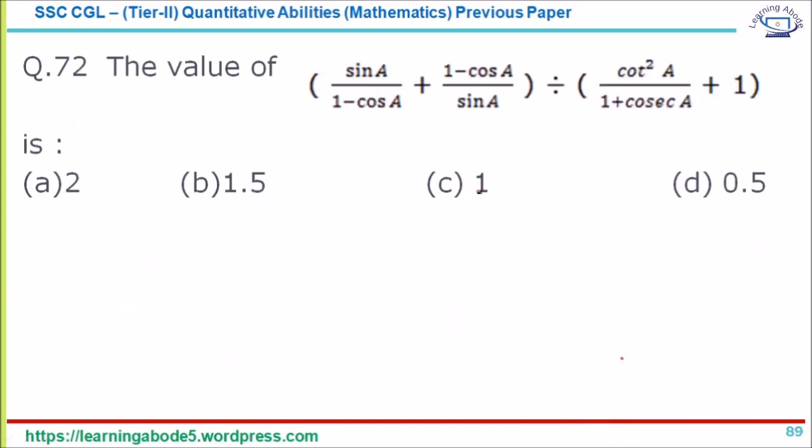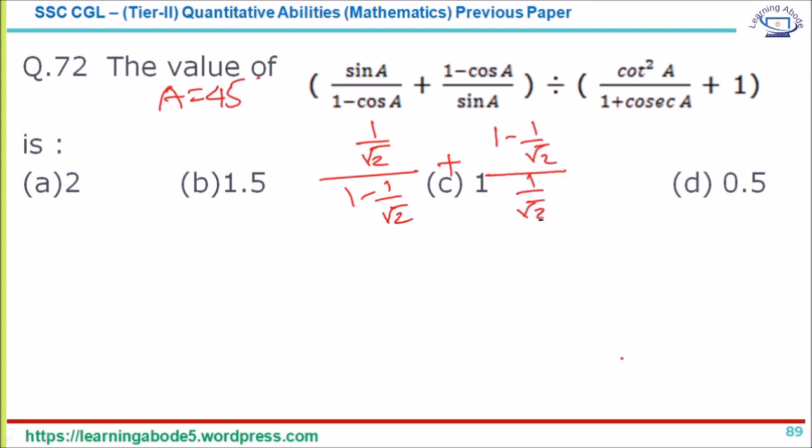Now question number 72, the value of sin A by 1 minus cos A. Let me take A equal to 45 degrees. So which means I have here 1 by root 2 by 1 minus 1 by root 2. Cos 45 and sin 45 are the same. Now this whole thing is divided by cot 45, we know it is 1, so it is 1 plus